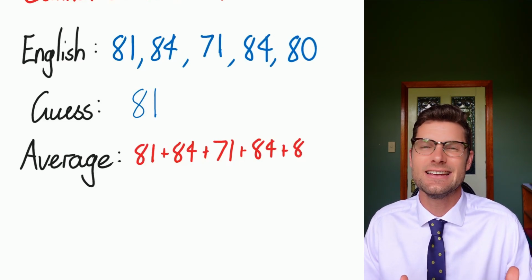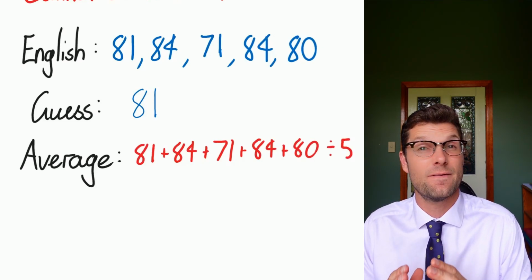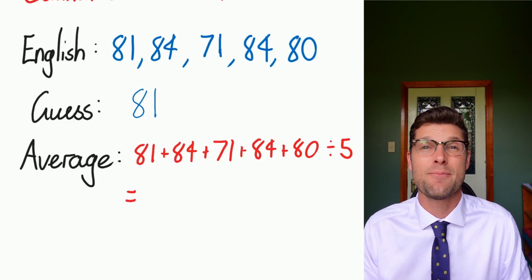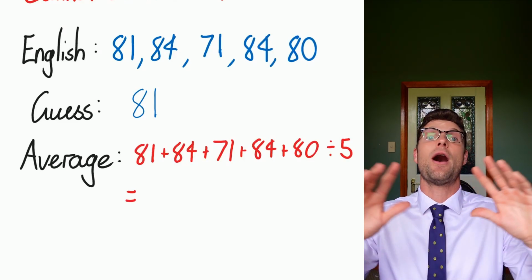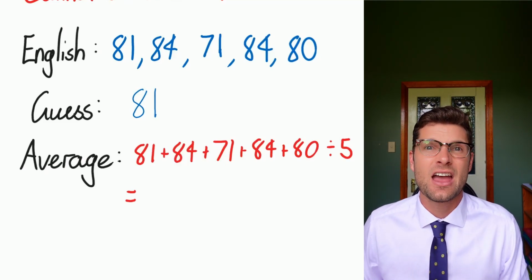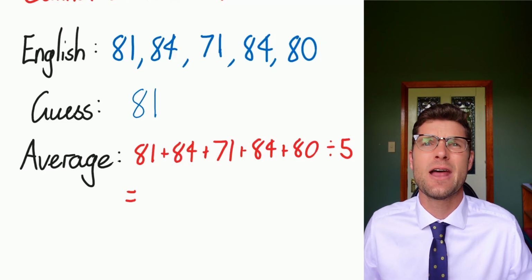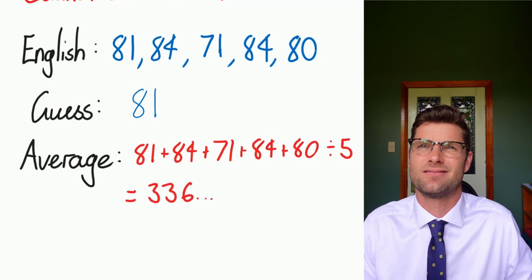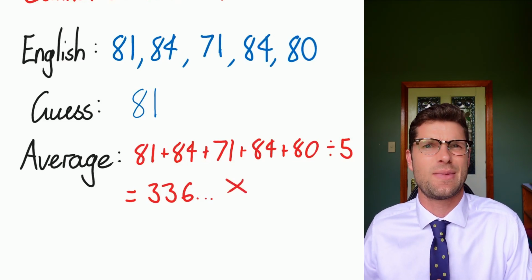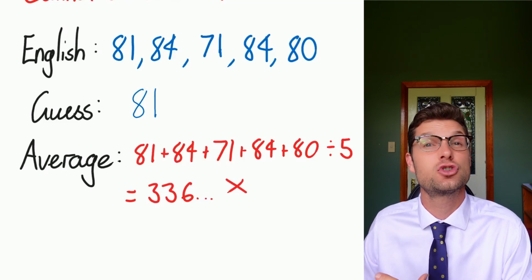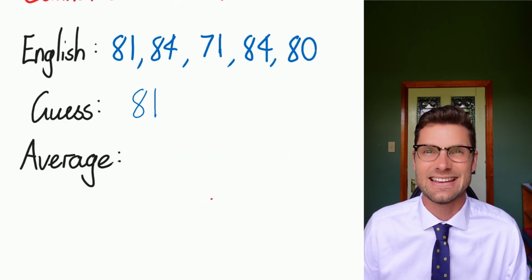Unfortunately, your calculator is not as smart as you. The divide by 5 only accounts for that last number, the 80. So it's not dividing everything by 5, it's only dividing that one number. So if I threw that in my calculator, I get a number that's not even close to my guess. 336, there's no way that's the middle of this data set. That doesn't make any sense at all. So just making sure that you've got that guess first will stop you from making a mistake like this.